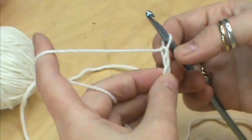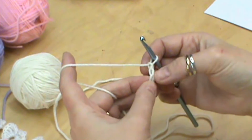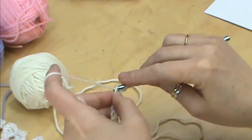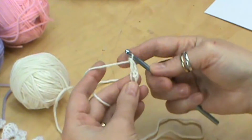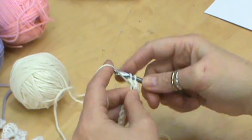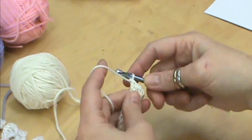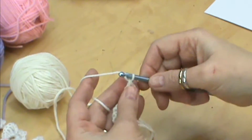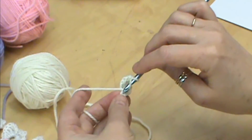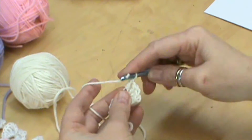Now that we've chained 18, we're going to count this one as our first double crochet, and we're going to go 2 chains back and do a double crochet into that one. So that counts as 2 double crochets. We're going to do 3 and 4 double crochets in each one, but counting part of that chain as a double crochet. Then we're going to chain 1, yarn on, go into the next chain and double crochet,